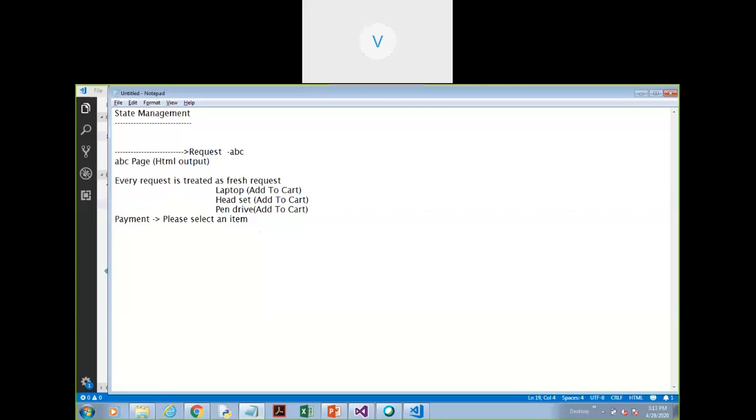Why is this happening? Because HTTP is considered a stateless protocol. It does not maintain any information of whatever the client has done till now. So obviously we do not want this.